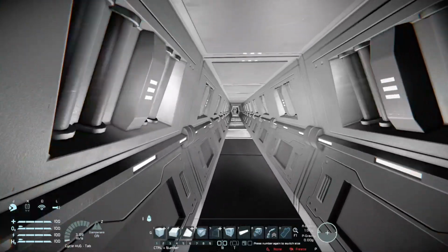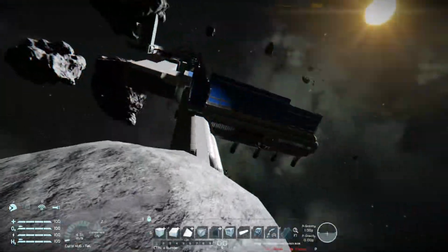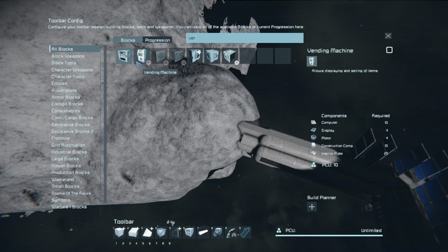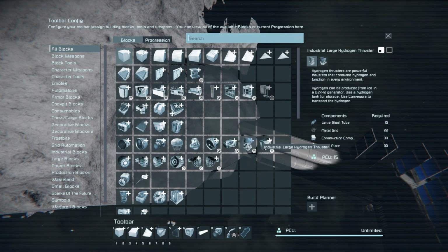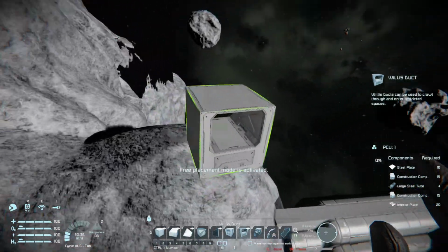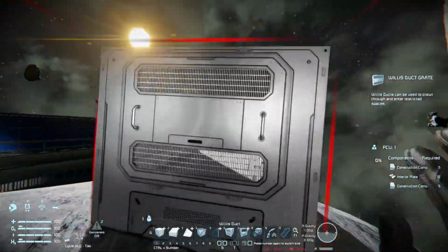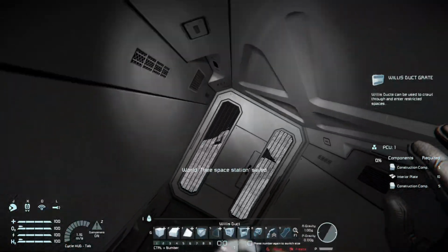So yeah, this runs into a rock, so we can just pop out here. Wait, is this even Vox tooled? Vent? Duct. That's what it is. So potentially there is... Actually, I think I had a look at these before. So there is a potential to either...